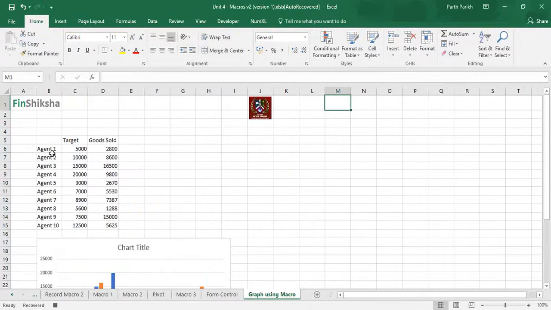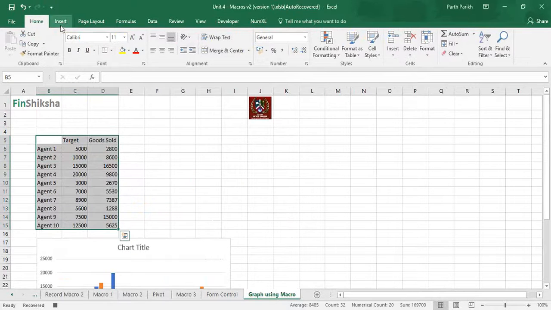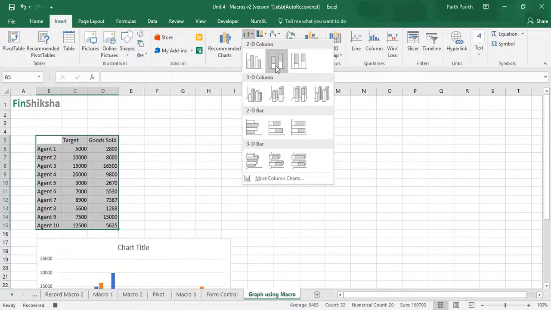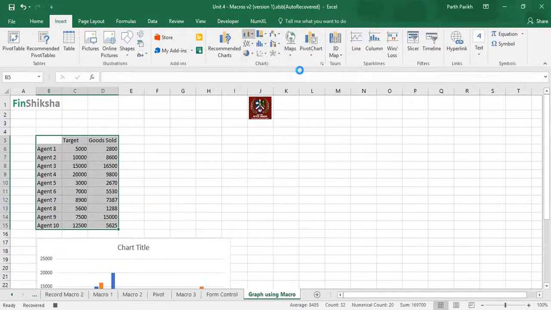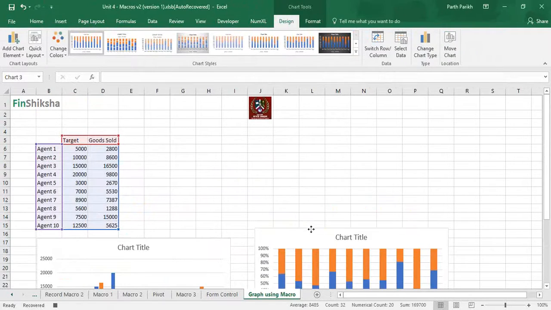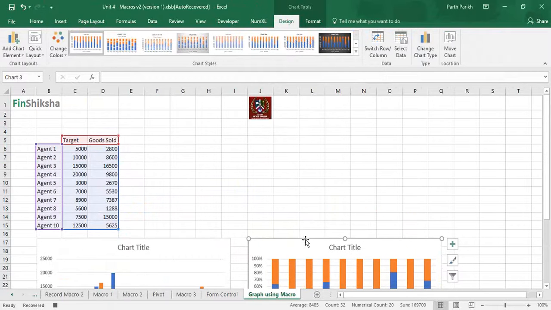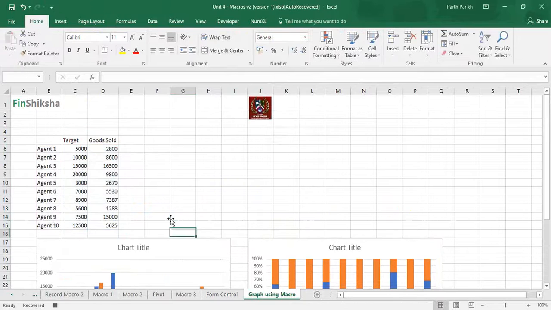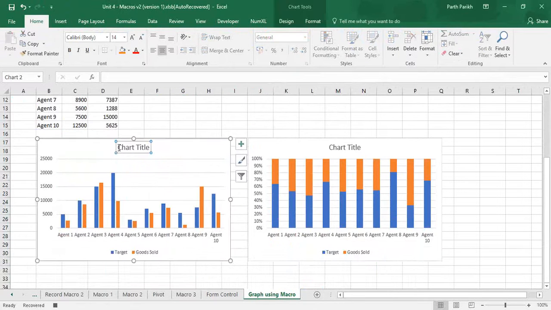Then select again, click on Insert, and click on a different kind of chart, which is a stacked chart. What I'm essentially doing is checking how Excel differentiates between the different kinds of graphs, and how it does so. We are just trying to extract that information using Excel. That's why I've created two separate graphs.